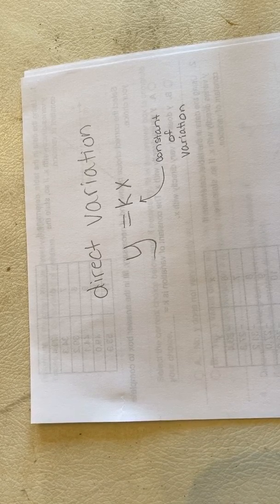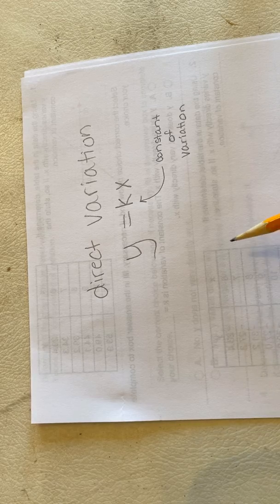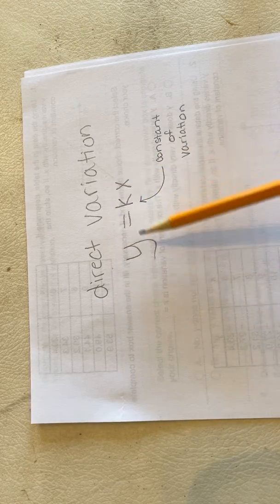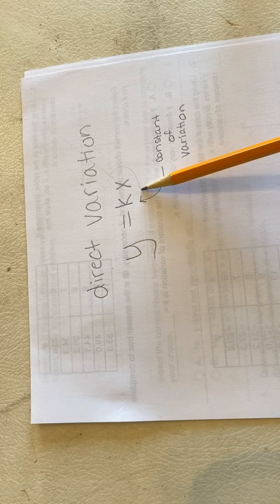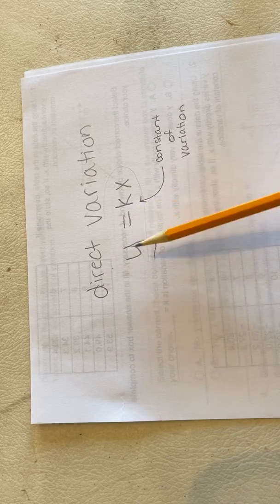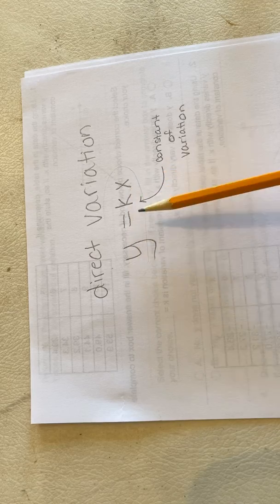Okay, today is 4.7 and we'll be talking about direct variation. In 4.7, direct variation, we're going to be using this equation. Make this your friend, write it on your fridge, say it in your sleep: y equals kx, where k is